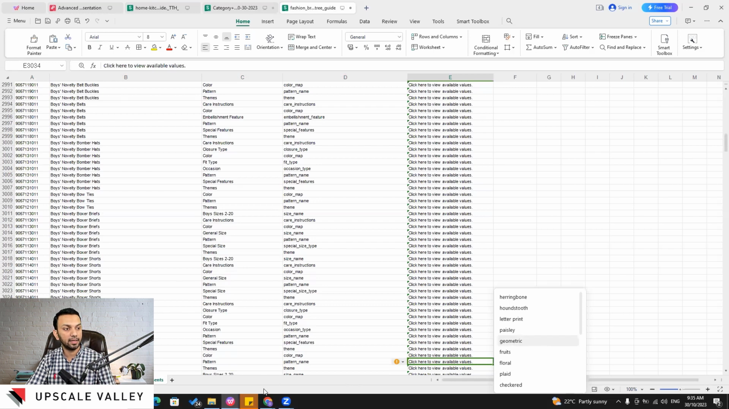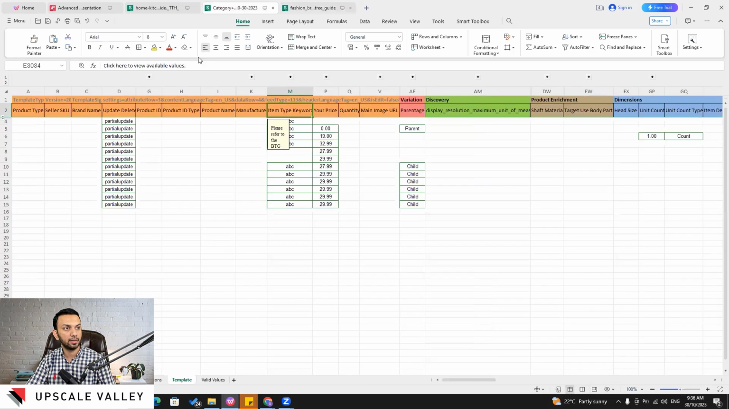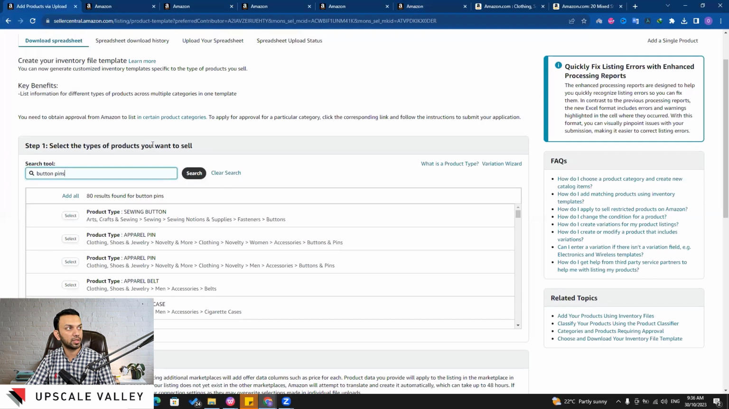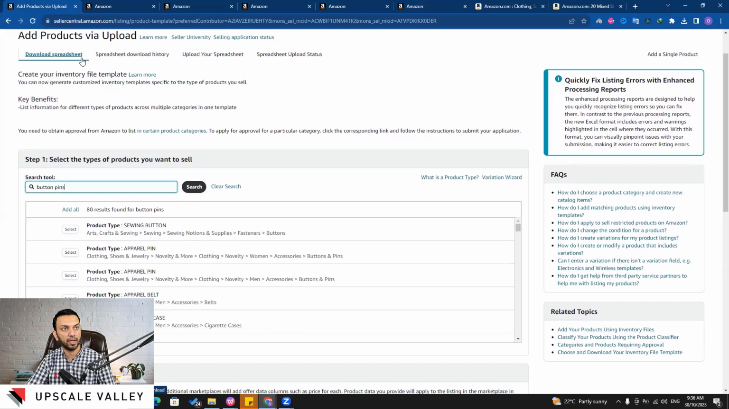Then again, the next thing, which is this one, the product type. So there are two ways, according to Amazon, to check the right product type. One is through this one, where you can add a product via upload. You need to go to this section in the catalog. You need to click on add a product via upload, or simply add a product, and then there you can